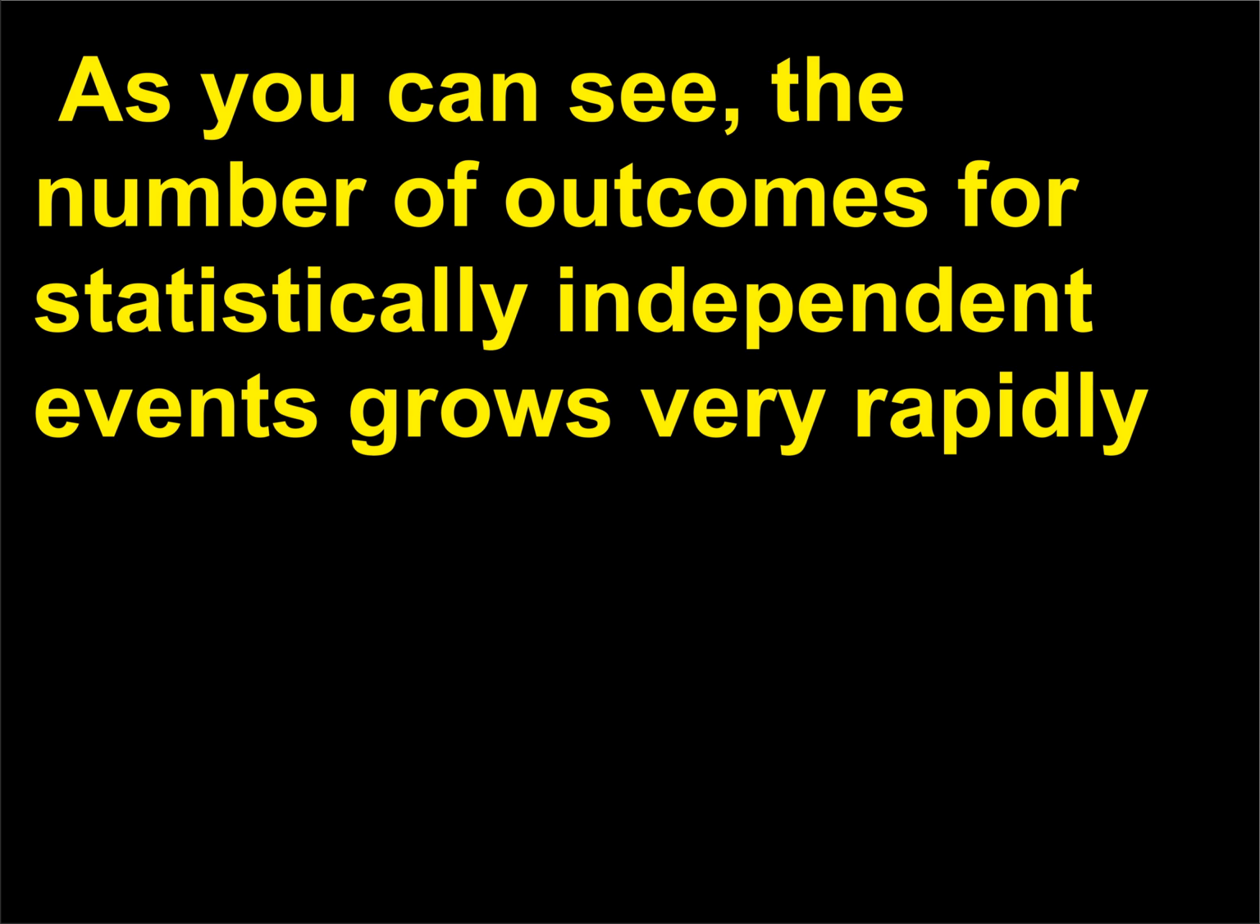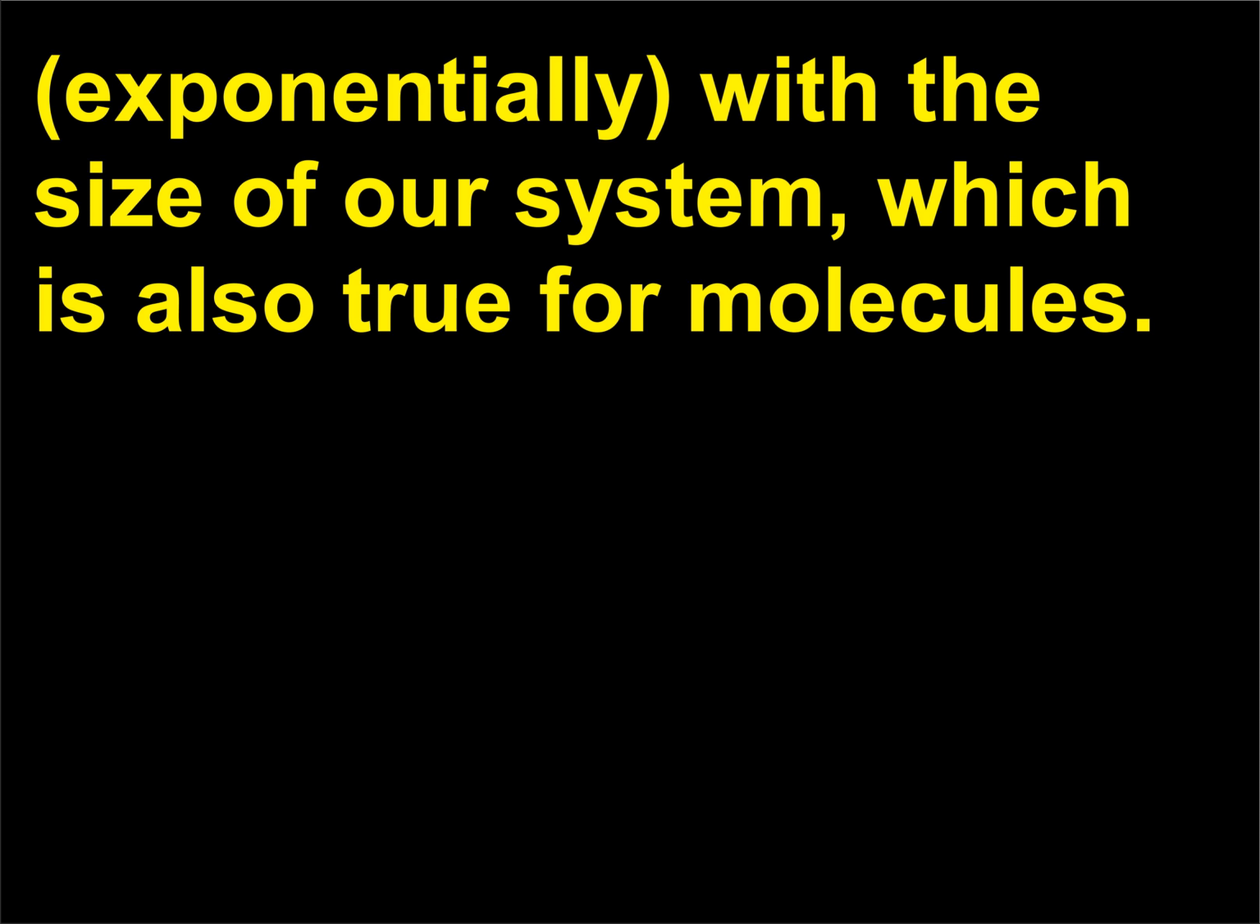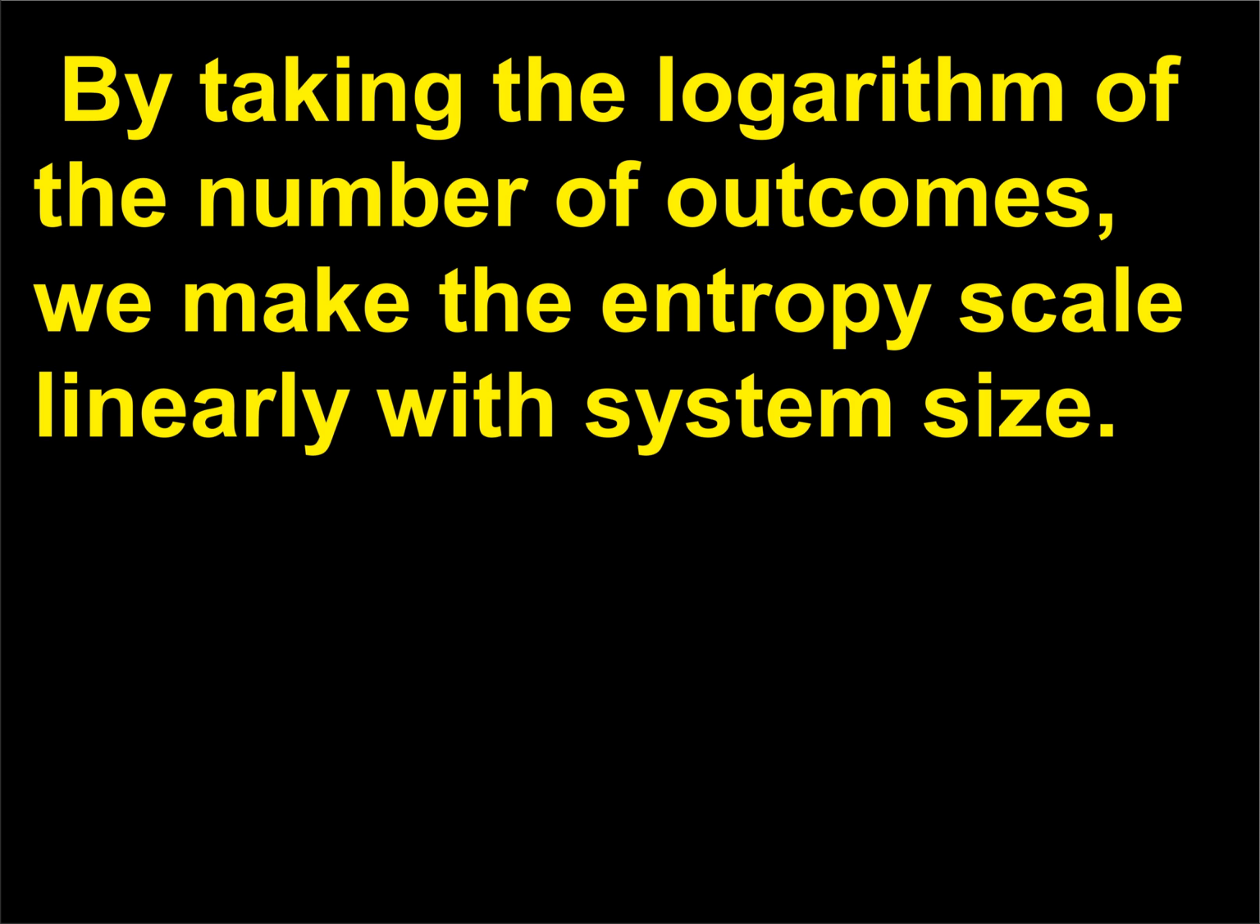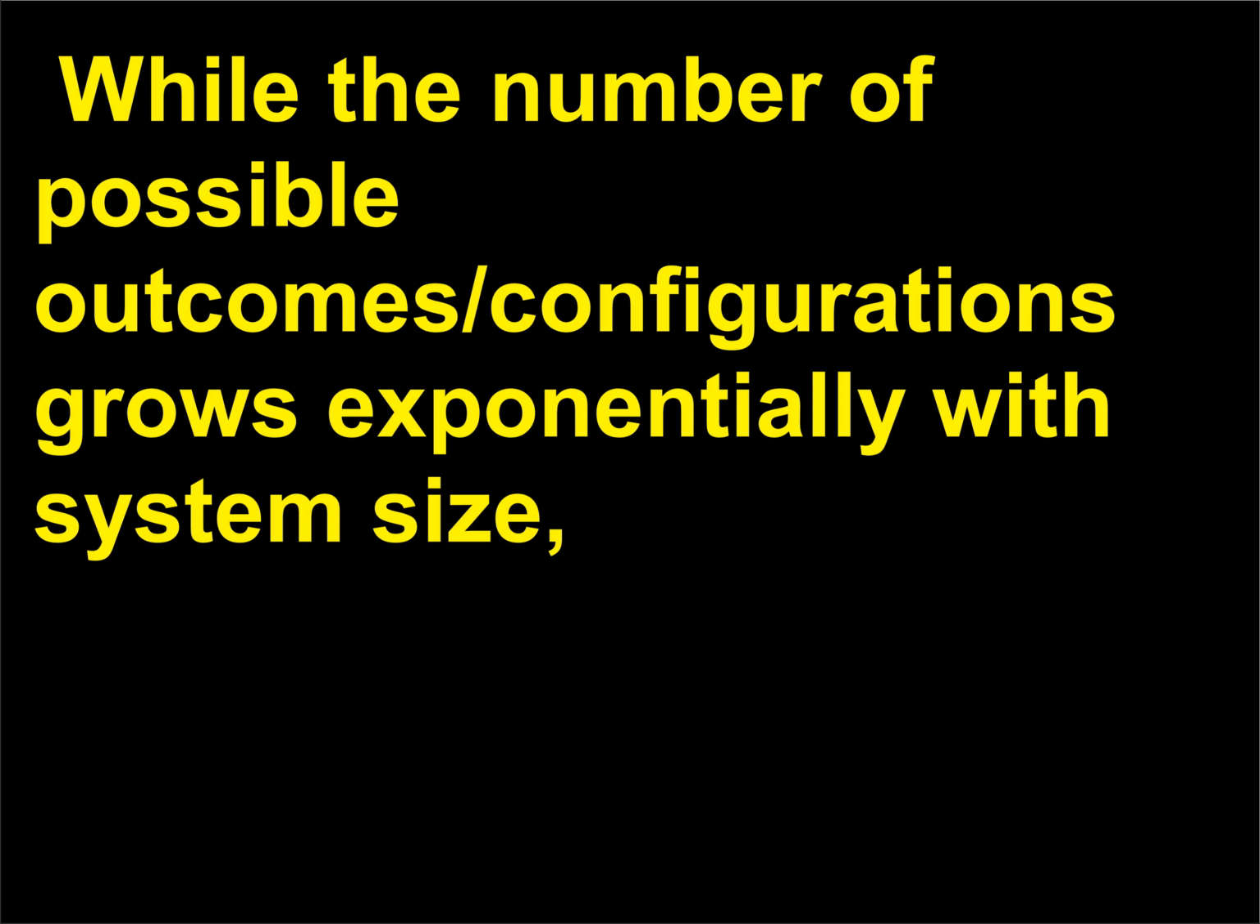As you can see, the number of outcomes for statistically independent events grows very rapidly. Exponentially, with the size of our system, which is also true for molecules. By taking the logarithm of the number of outcomes, we make the entropy scale linearly with system size. While the number of possible outcomes/configurations grows exponentially with system size,